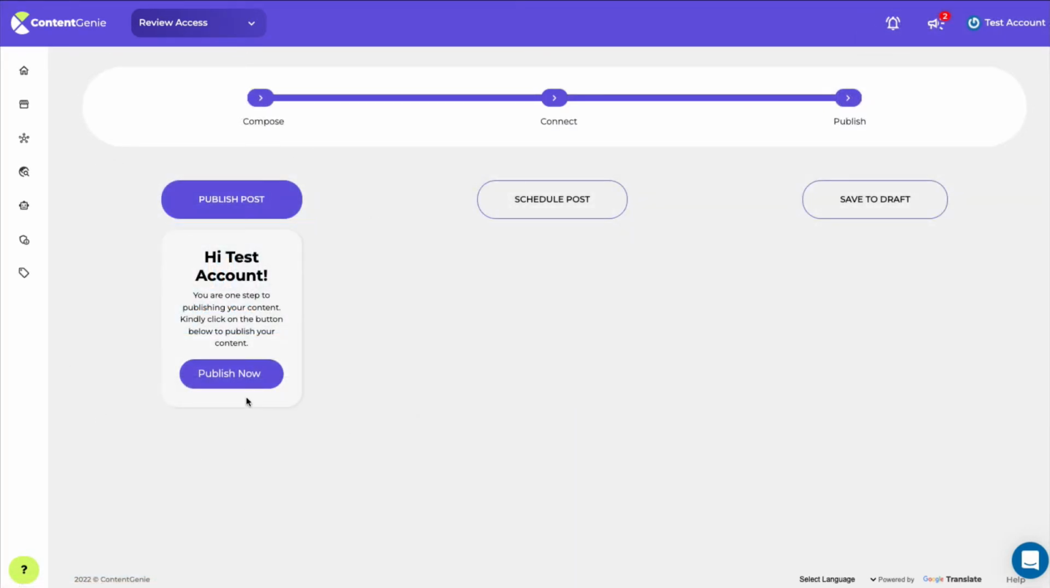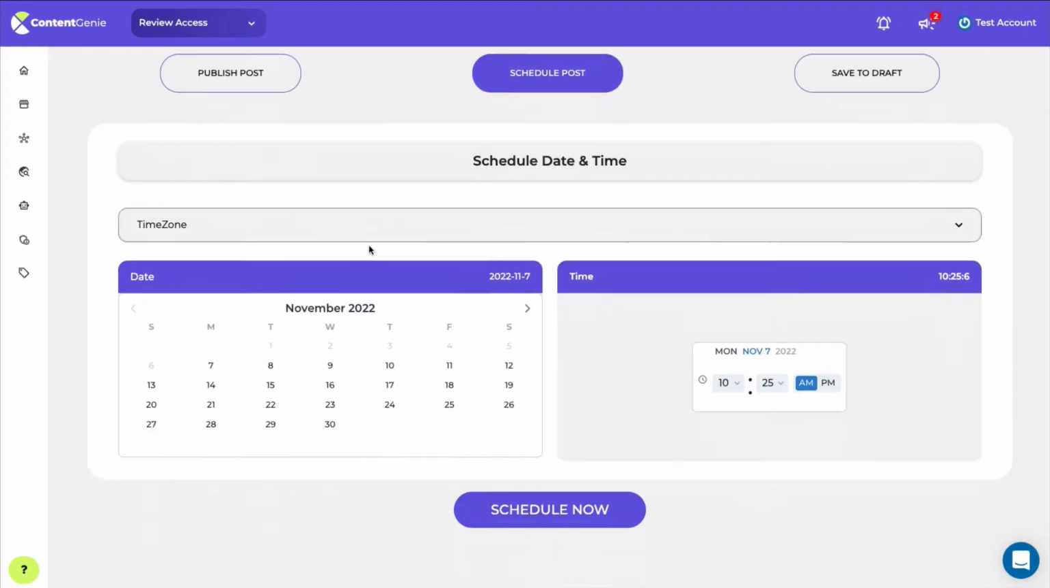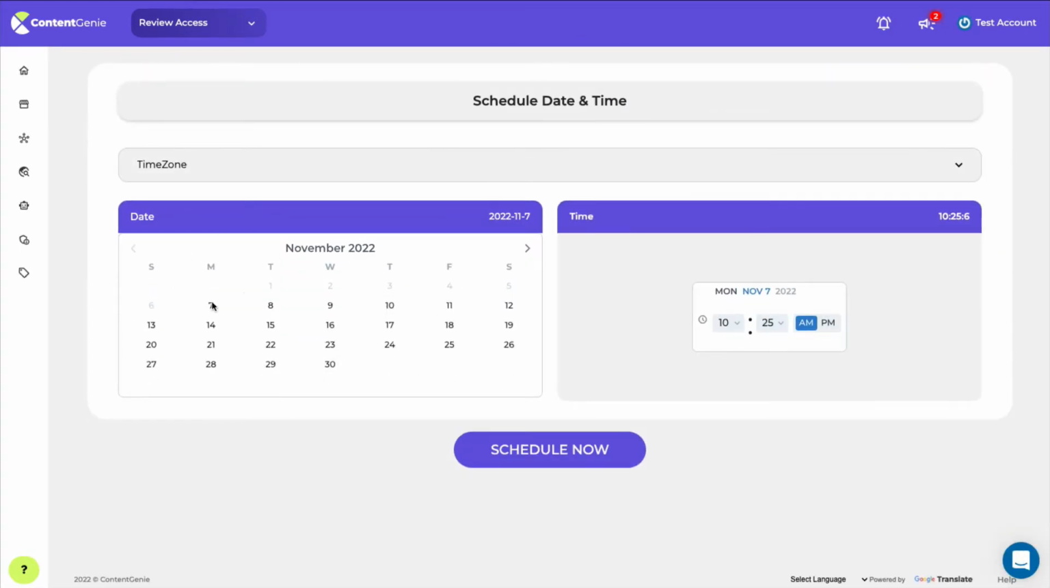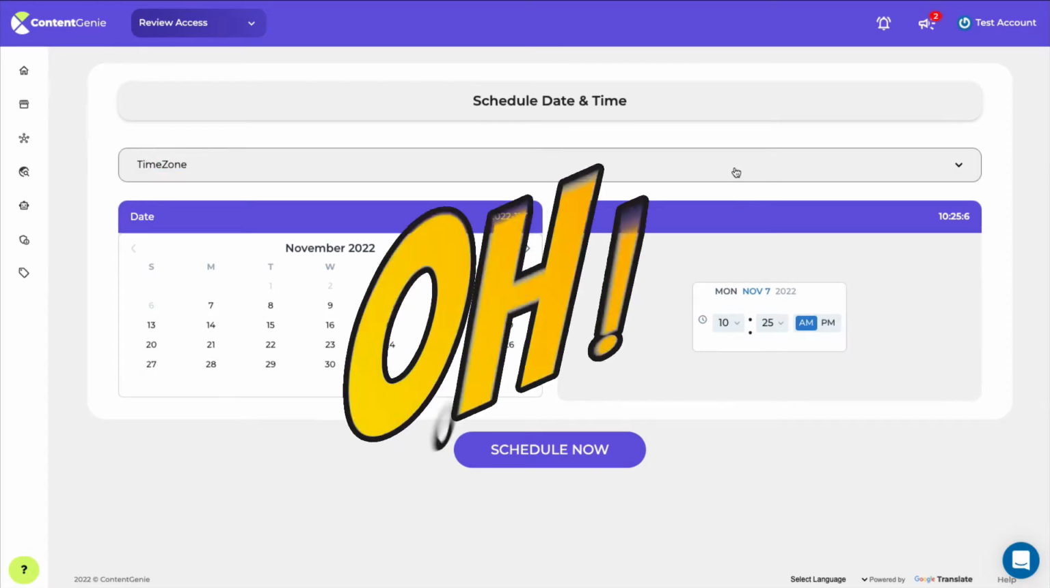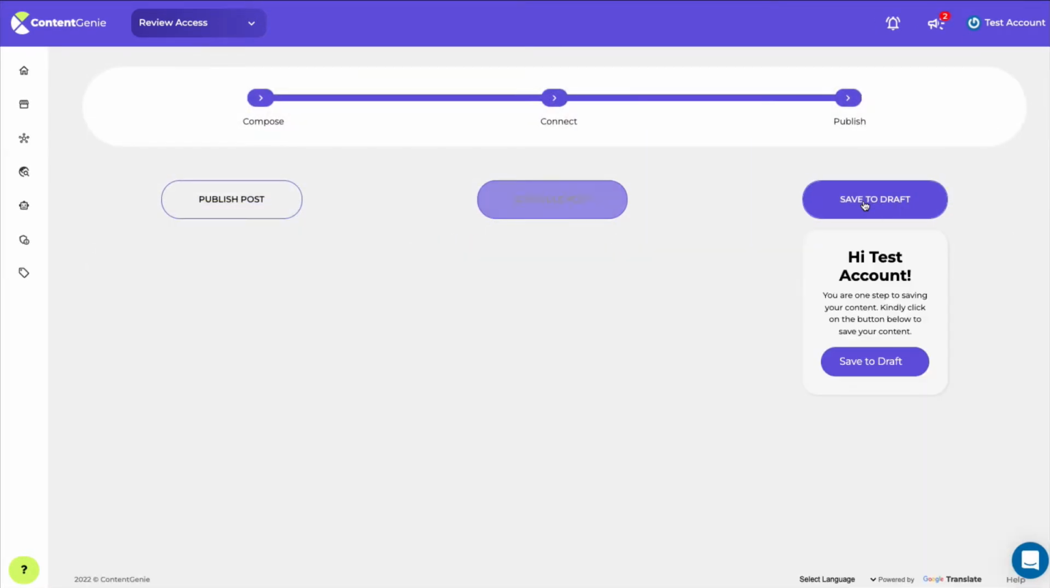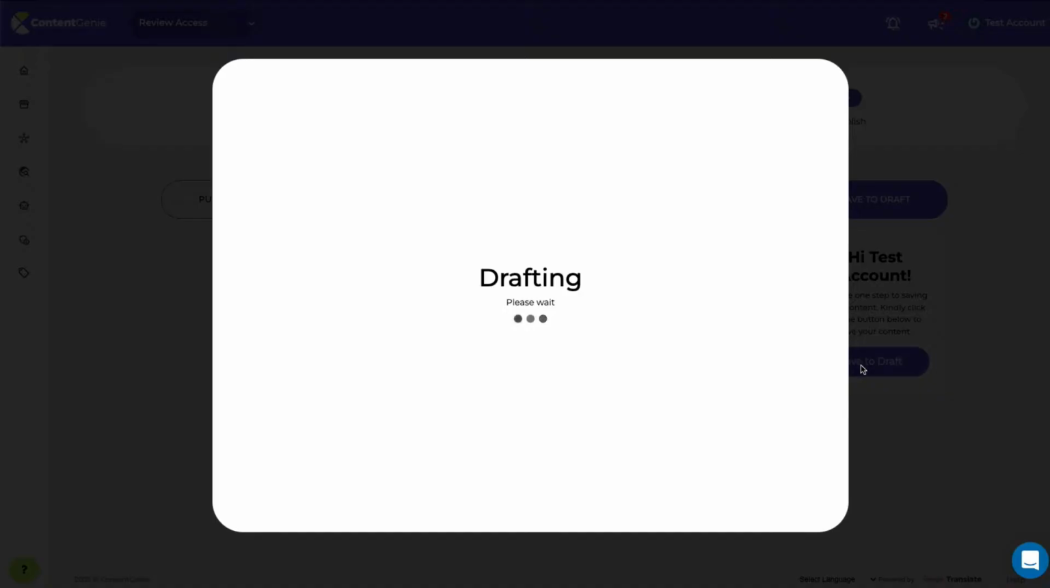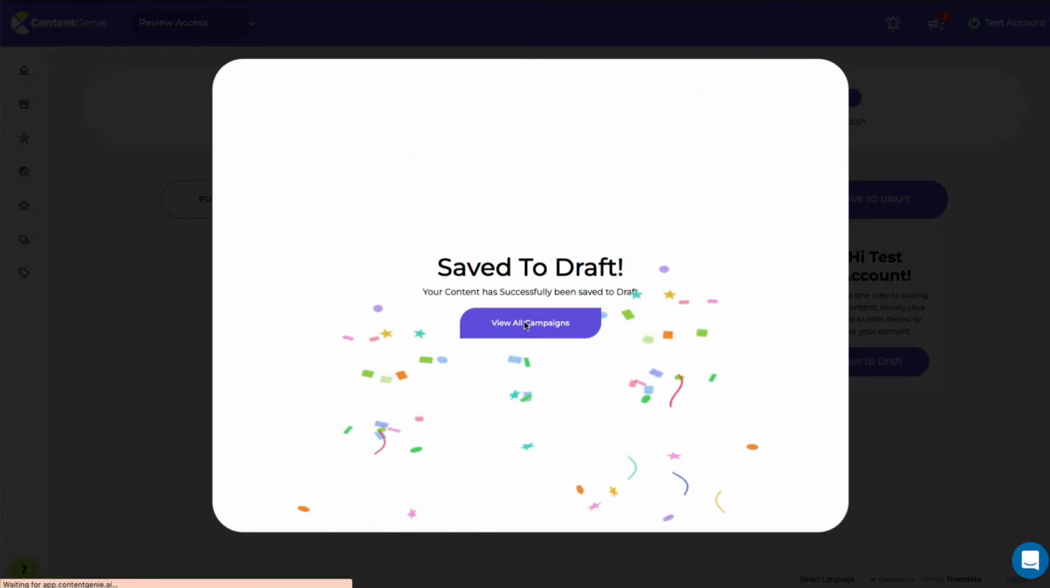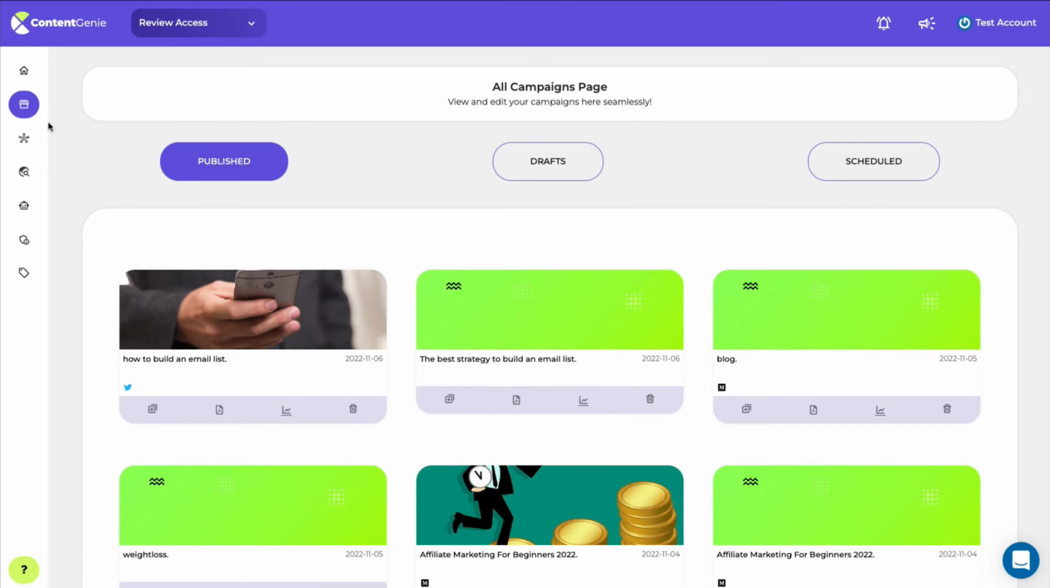Now you can either publish right away by clicking here. You can schedule your post on whichever future date you want. The time zone button here is not working. Or you can save to draft. And so that's what I'm going to do. And then view all campaigns. And this is what you'd see